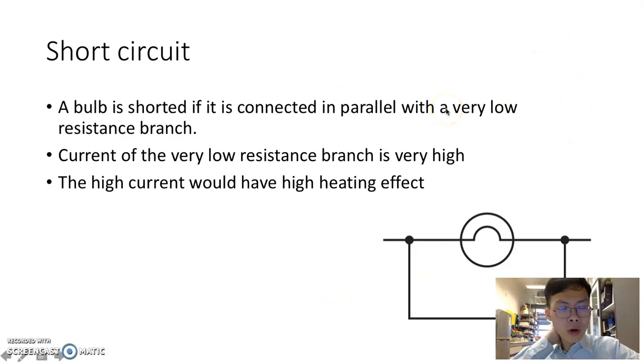And then it's about short circuit. Based on this picture, if we have a short circuit, it provides a very low resistance, and hence most of the current will go to the lower resistance part, making this part have a very, very high current, and it will also cause some high heating